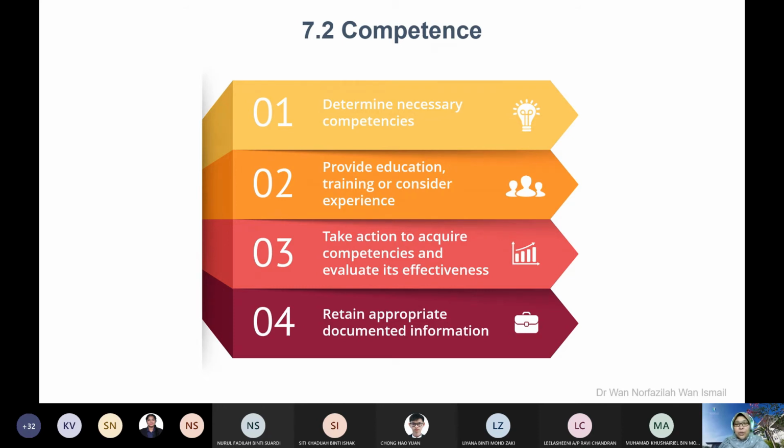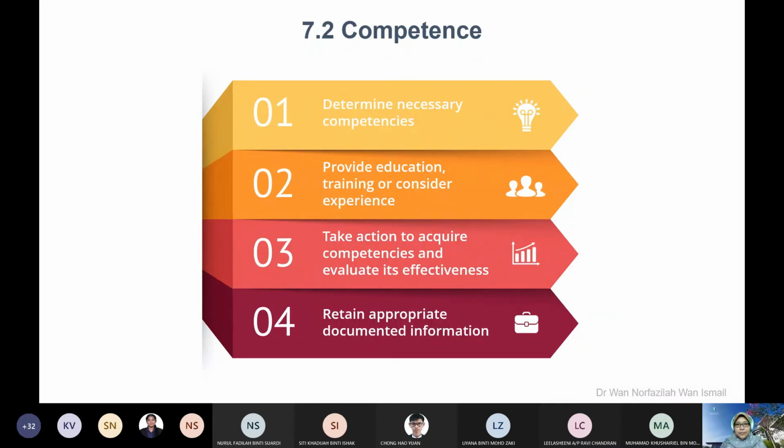Okay, so please make sure you understand the requirements and then to find a good company in future. Okay. Next, under support, we are not only talking about resources. Okay, to support your processes, the lab process, you not only have resources, but you need to have another one is 7.2 competence.